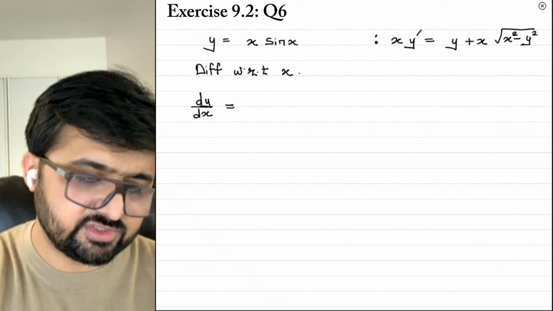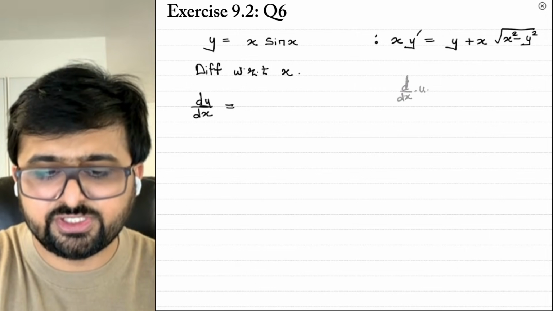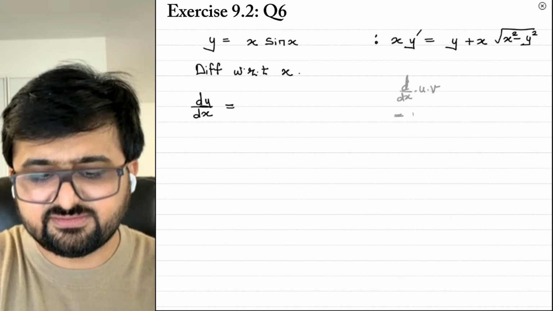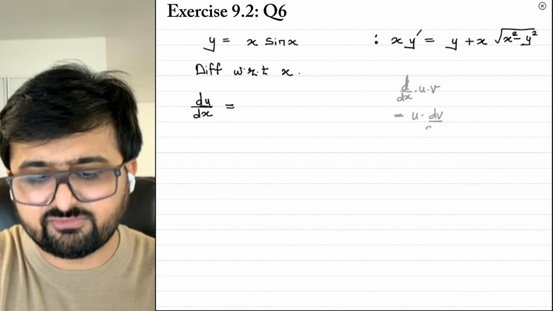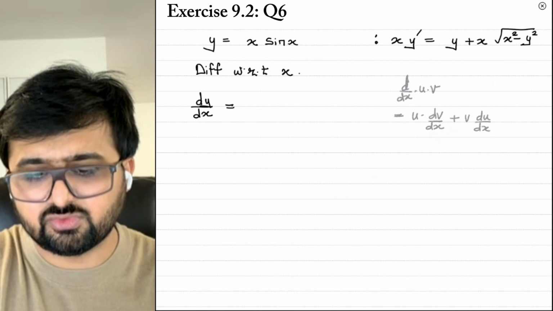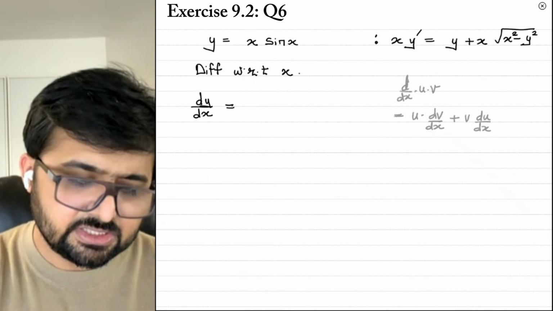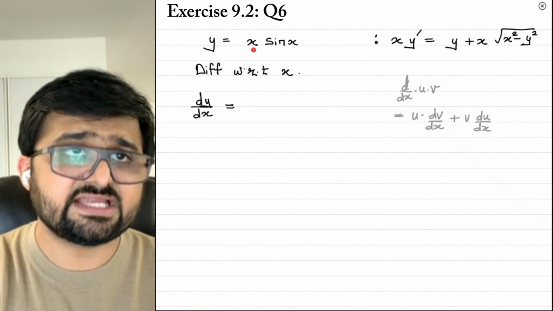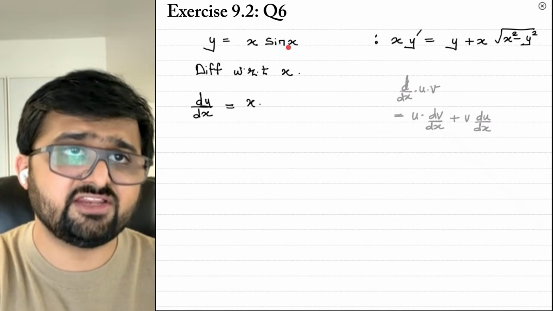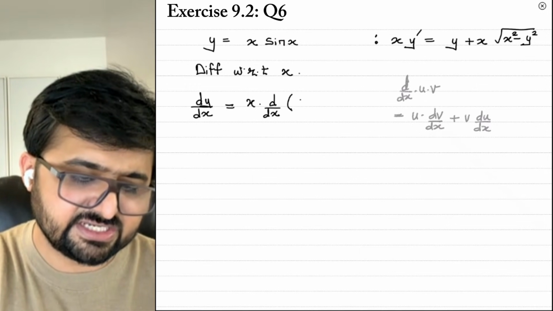We know that the product rule in derivatives, if it is d by dx of u into v, is u into derivative of v plus v into derivative of u. That's the product rule or UV rule in derivatives. So we get dy by dx as, we keep u the way it is and we take the derivative of sine x. So we get d by dx of sine x